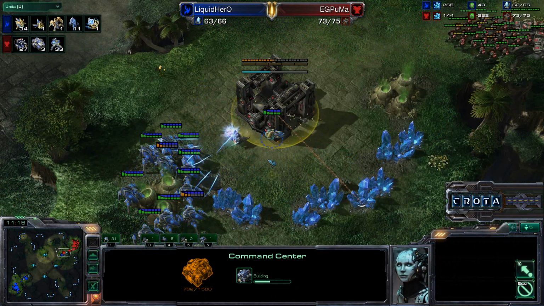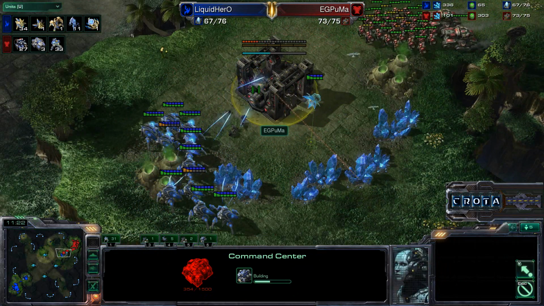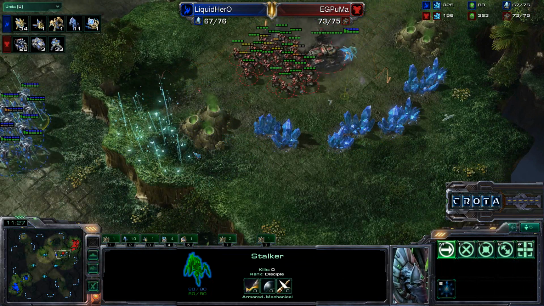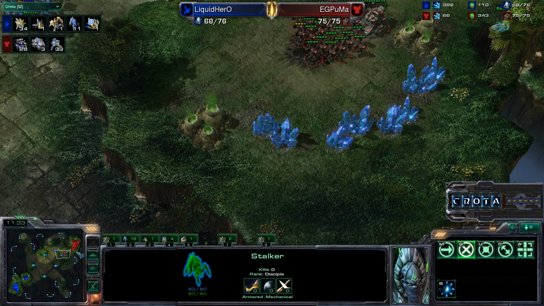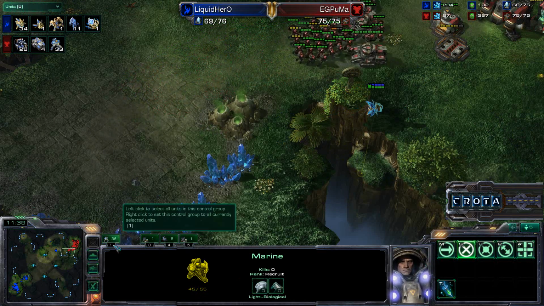Puma still behind on harvesters. Oh, as a quick blink up onto the high ground to focus down the SCV building. The Stalkers look like they will be able to blink away just in time. And there you go. Hero being very, very annoying with those Stalkers, able to force Puma on 1 base, and